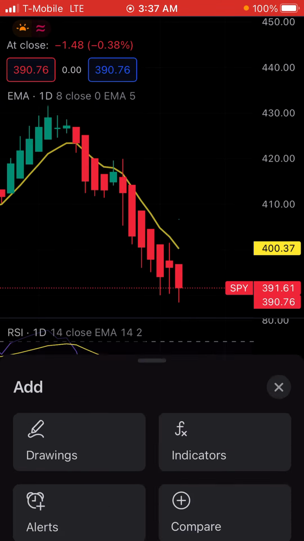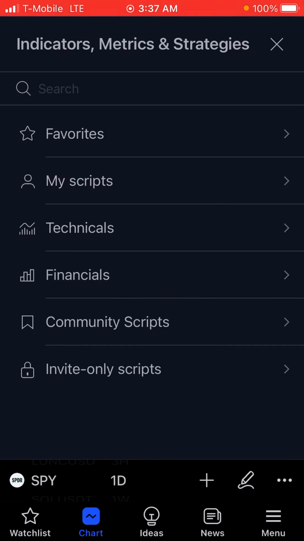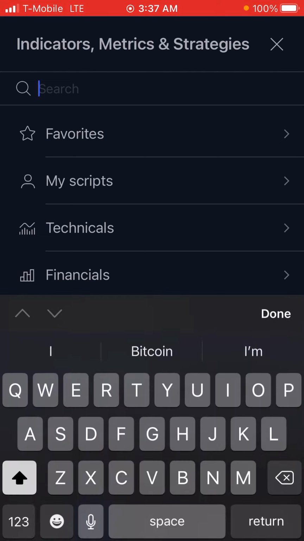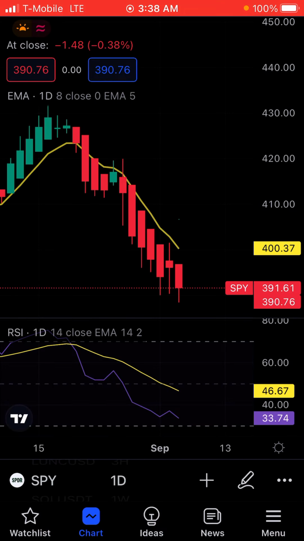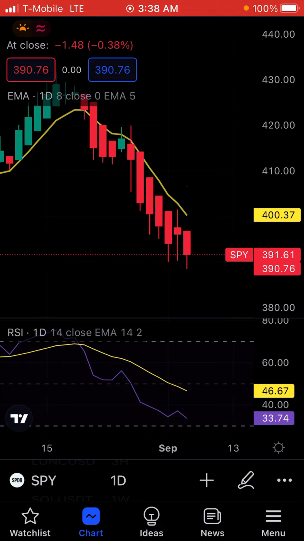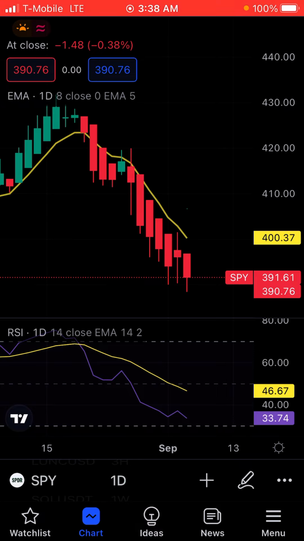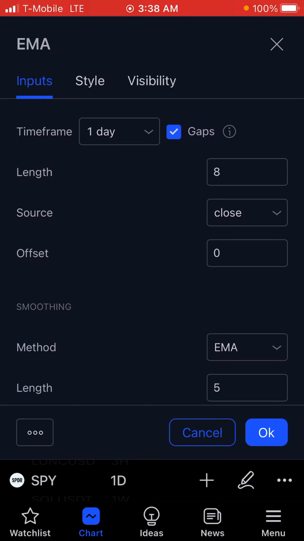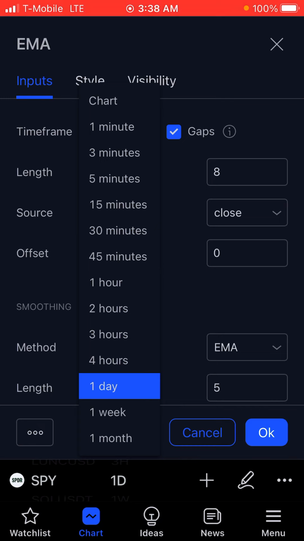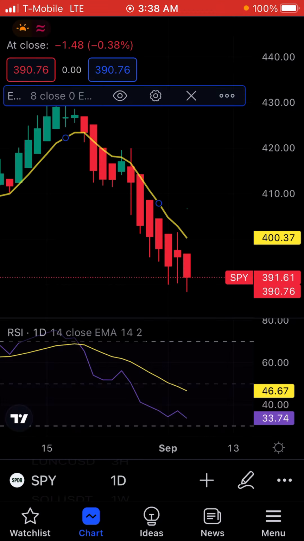So you go to your settings, you go to indicators, and then you just search for moving average exponential, and that's the one you get. What you do, you just change the input setting to an 8, and change the color to one that stands out. And then you have it like this. But if you switch from day to an hour, you have to switch your chart. Let me show you that real quick. Whenever you want to base it on a different time, you just change your time frame, and then your lines will match to it.